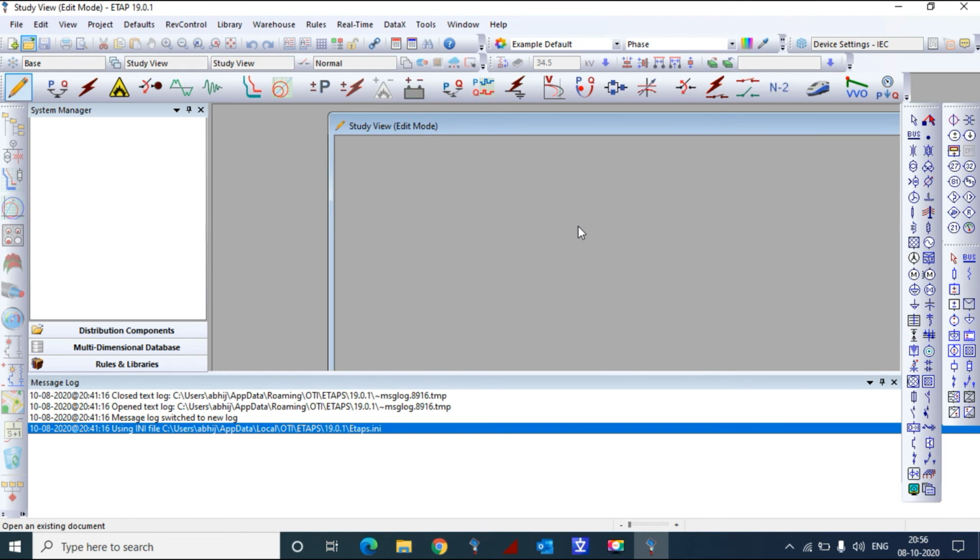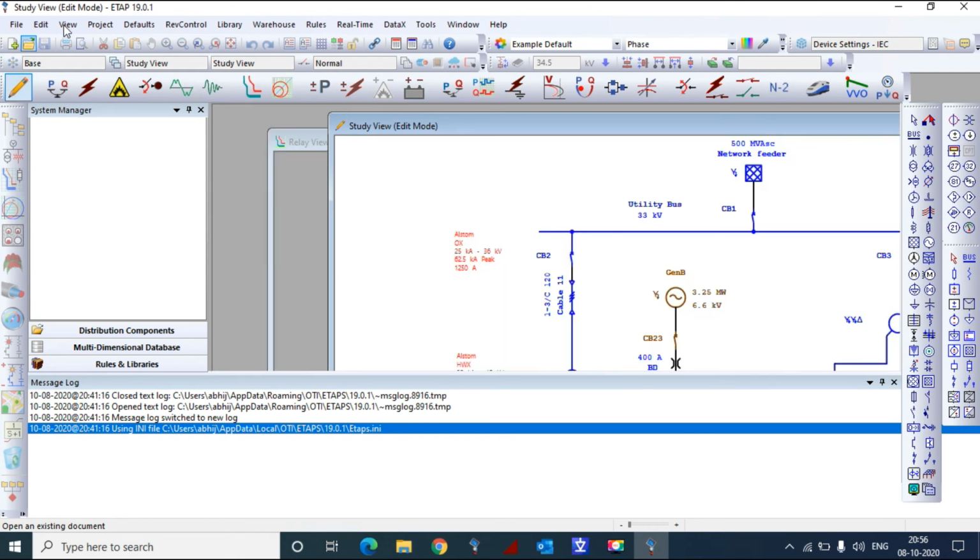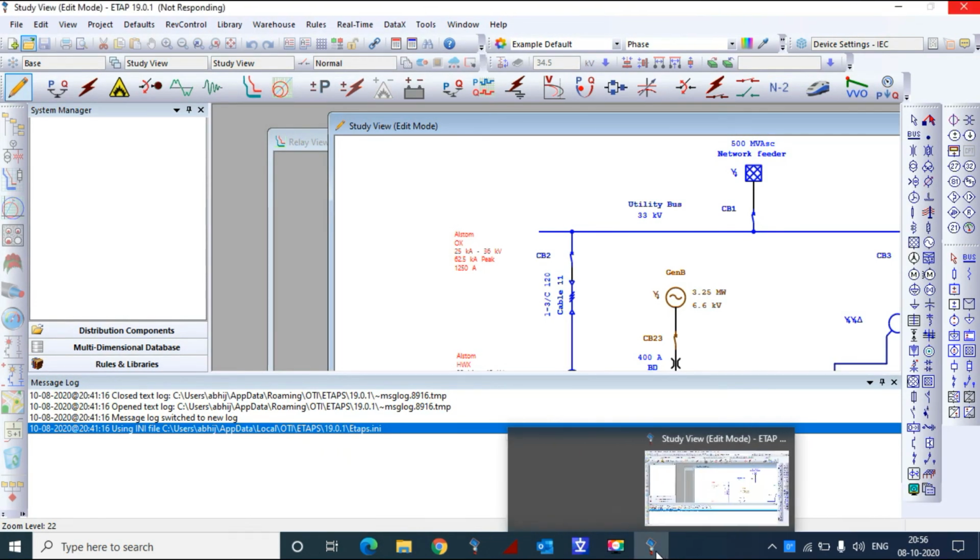If you see here, a lot of new modules came up, like project, defaults, revision control, library, warehouse, rules, real time, data tool, windows and help. So these are basically new things that get opened.